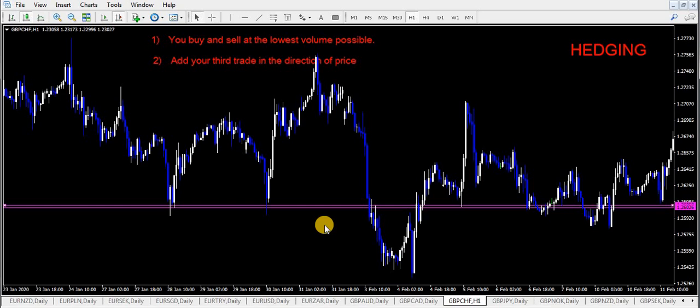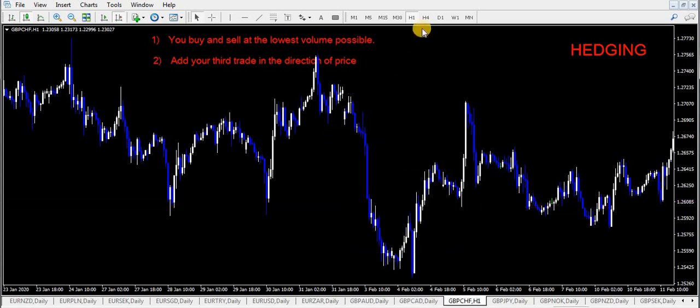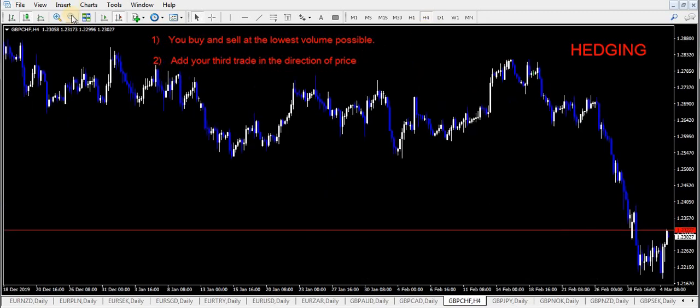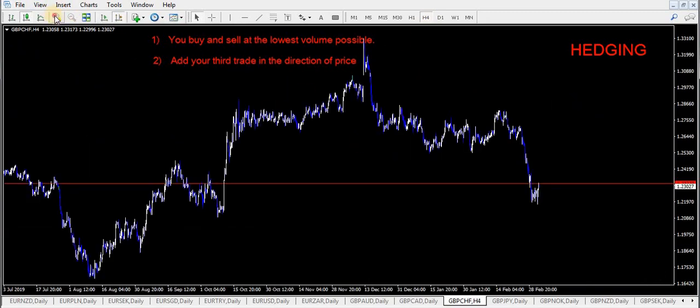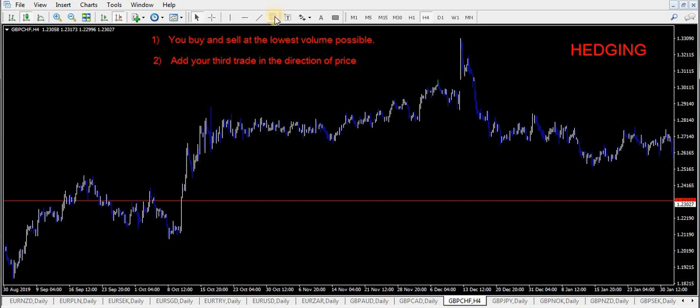Now let me give you another tip on how you can hedge properly. As I said before, to hedge you can just put in a buy and a sell, then once you find the direction in which the market is going, you put in your third trade. Another way to do this is to place your support and resistance across the chart. You can go to the 4-hour and place your support and resistance on the 4-hour,